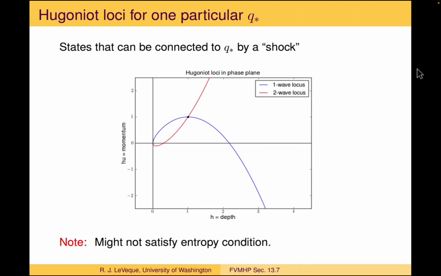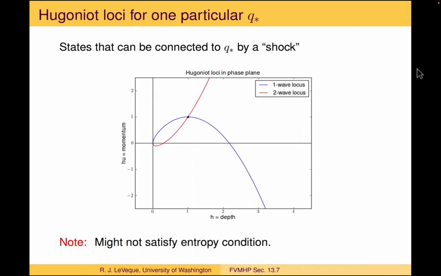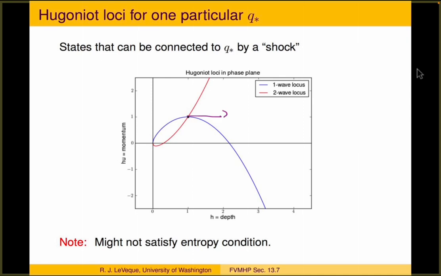In this case, it's in the HU plane, and I've taken a single point here, which is our Q star, and then we ask, which states can we possibly connect to that by a discontinuity satisfying the Rankine-Hugoniot condition? It might not be a physically correct shock, but I'll call it a shock in quotes if it satisfies the Rankine-Hugoniot condition. And what we saw is that there are two families of solutions, two curves of solutions that we can connect. And if I drew tangent lines here, those directions would be in the directions R1 and R2,